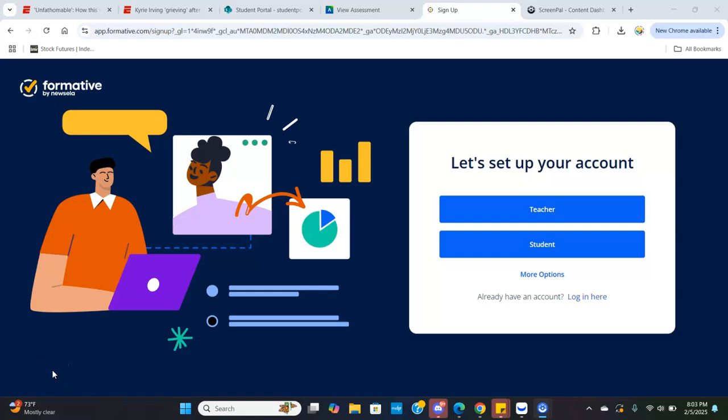I'm doing a tutorial today on Formative. Formative is a platform where teachers and students can connect. For teachers, you can create assessments and lessons and presentations for students and track student progress and provide feedback for